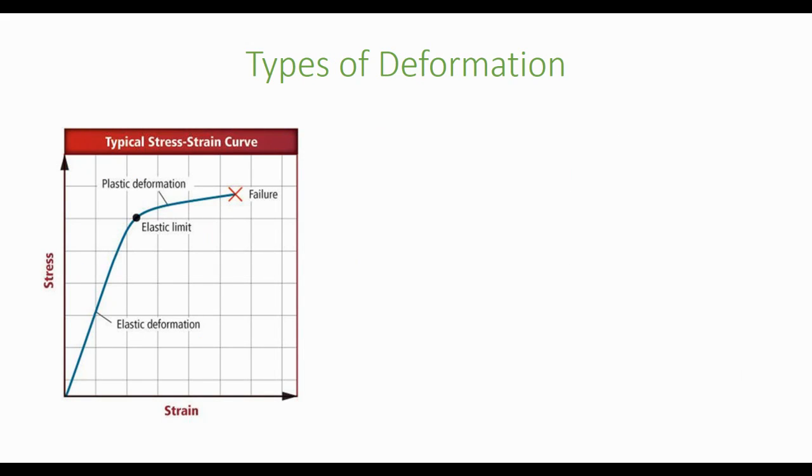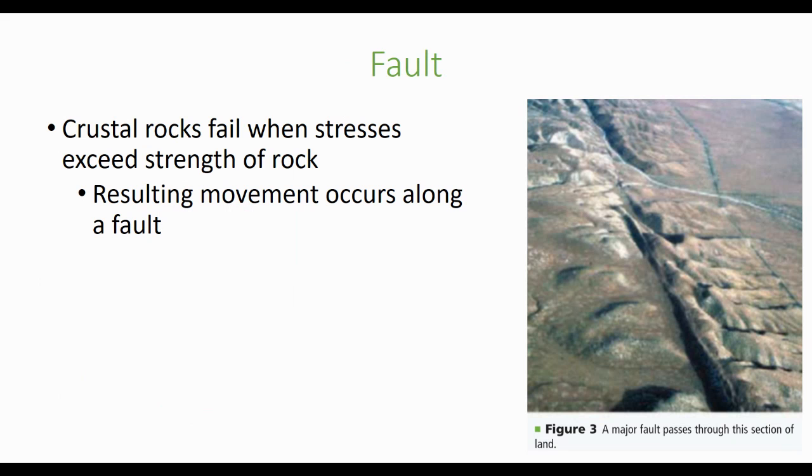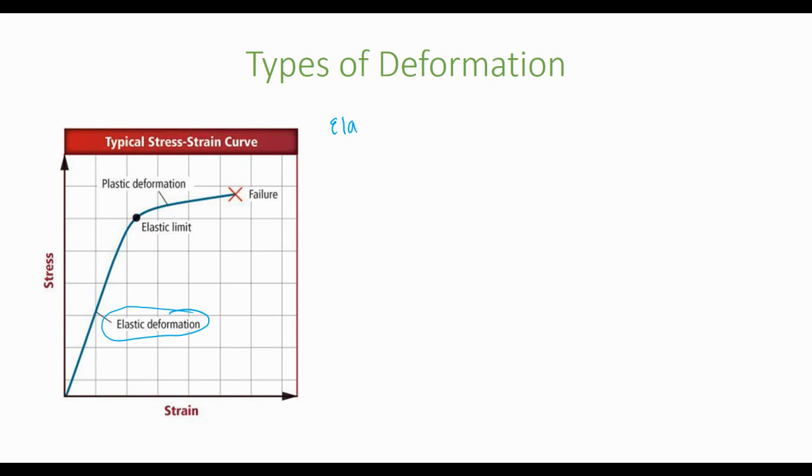So there are two different types of deformation. You can see this chart. This is a stress versus strain scale. And when we're first looking at stress and strain, and as stress is increasing, we can see right here that we are encountering elastic deformation. Elastic deformation is something that the rocks can bounce back from. But the definition is